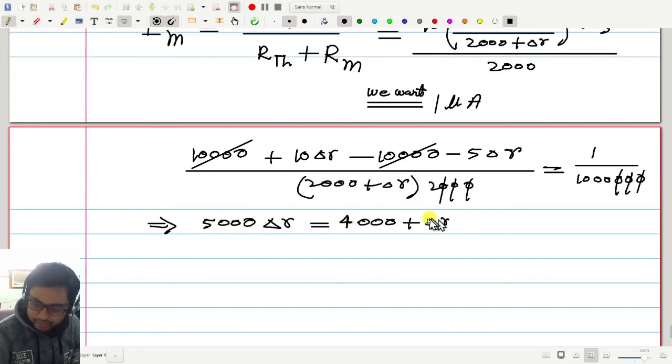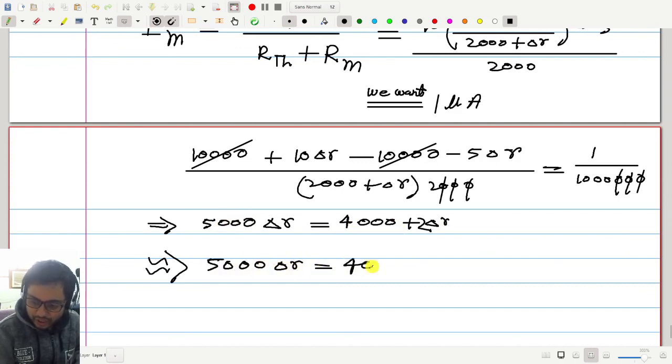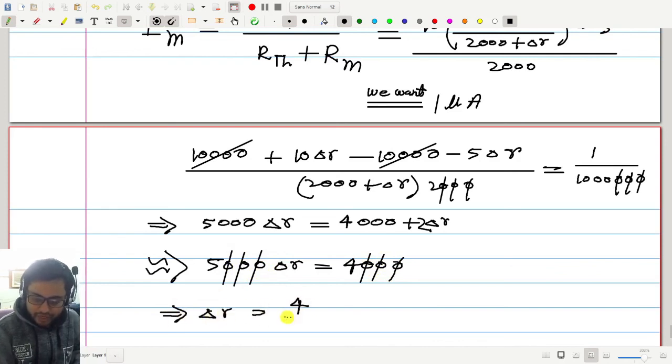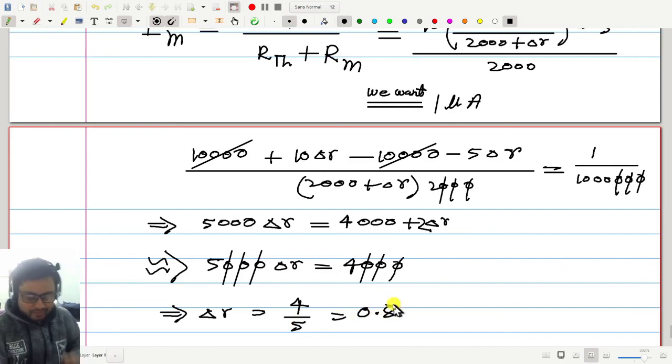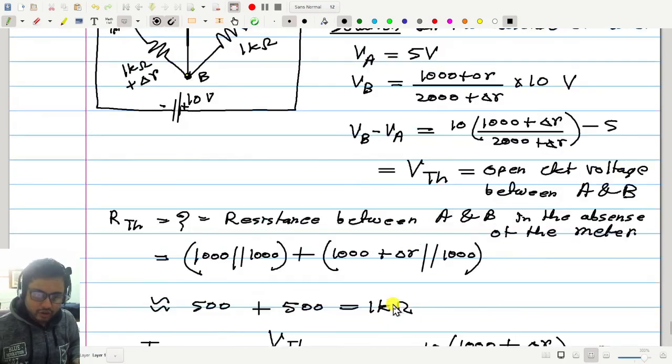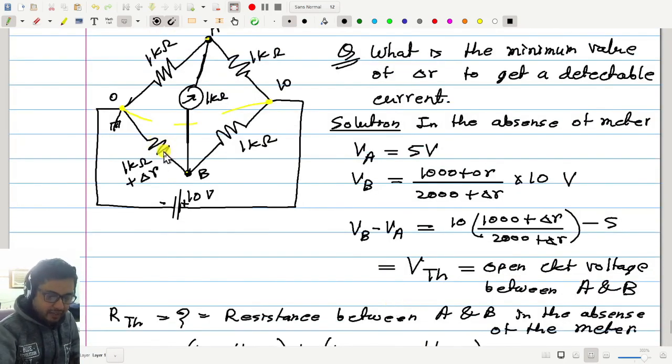Approximately, the delta R doesn't matter, so 5000 delta R is the same as 4000, so delta R is equal to 4 by 5, that means 0.8. In this way, if you change your resistance by 0.8 ohm, approximately 1 ohm,